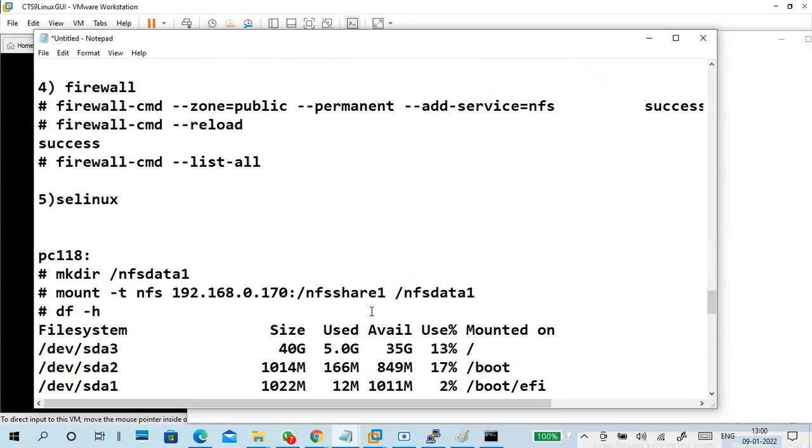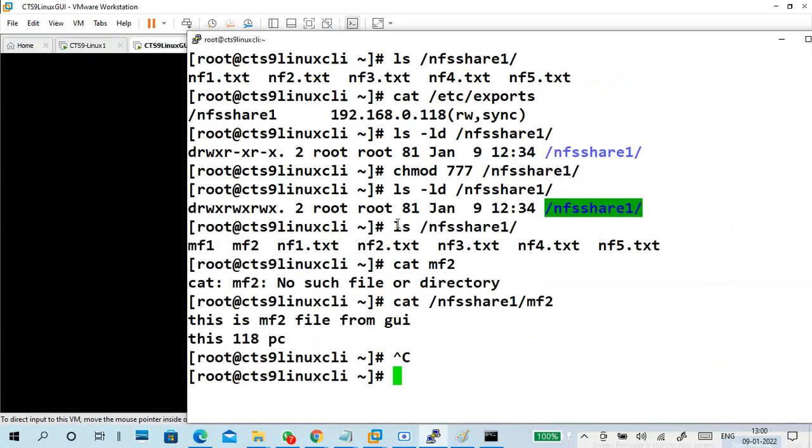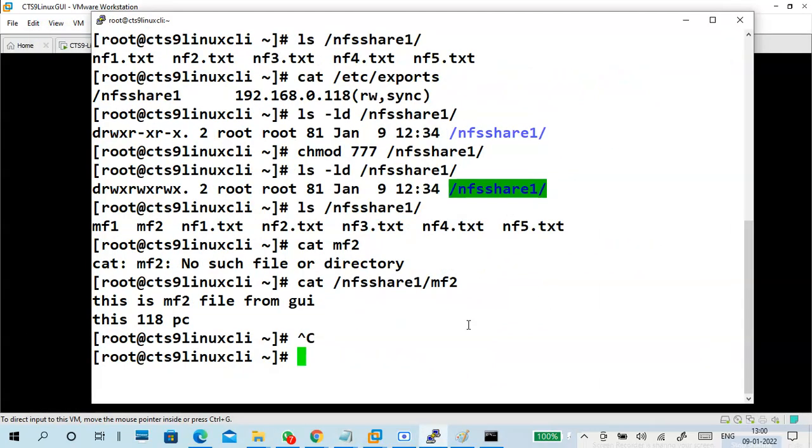Okay, so this is about your NFS kind of stuff. There are a few more details, but not required. Now it is working. That is important. Okay, so where